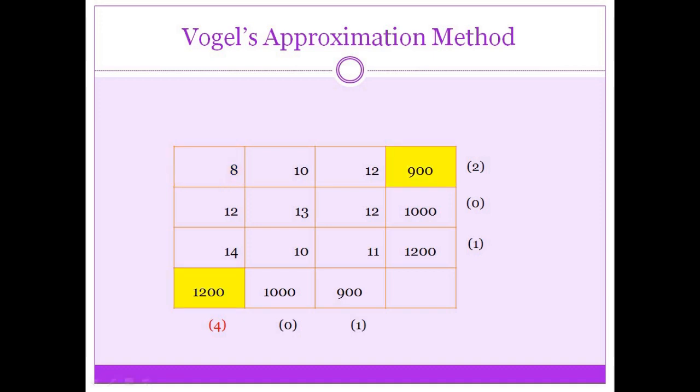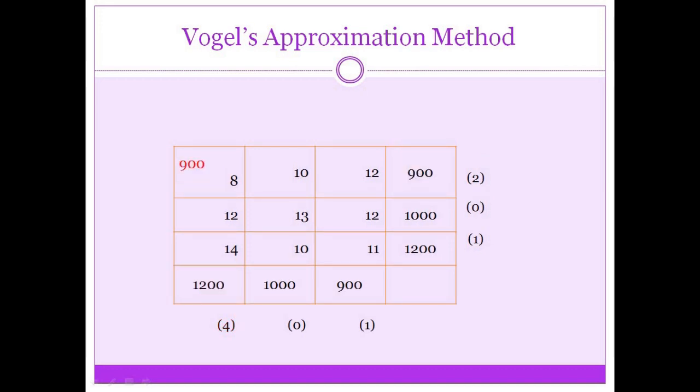Now, by seeing the availability in the first source and the demand in the first destination, we can allocate 900 units in this cell. After this allocation, the supply from the first source becomes 0 and the demand for the first destination becomes 300. So now the transportation table reduces to this form. Here we may note that there will be no more supply from the first source, so we may strike out the first row.